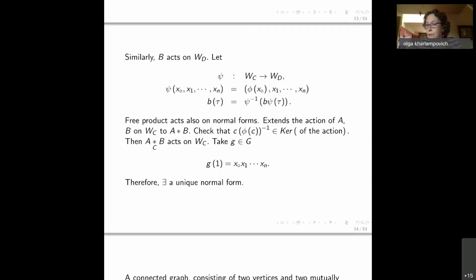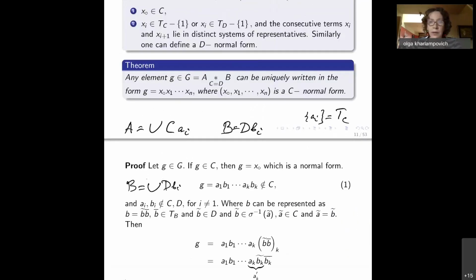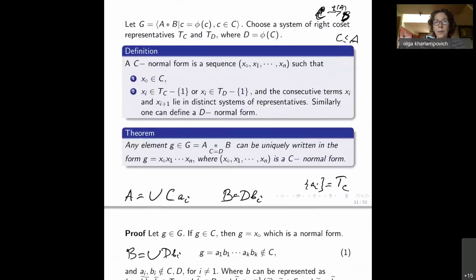And so basically what we proved, let me just go back, we proved the theorem that every element of the amalgamated product can be uniquely written in the normal form. Okay, now then,